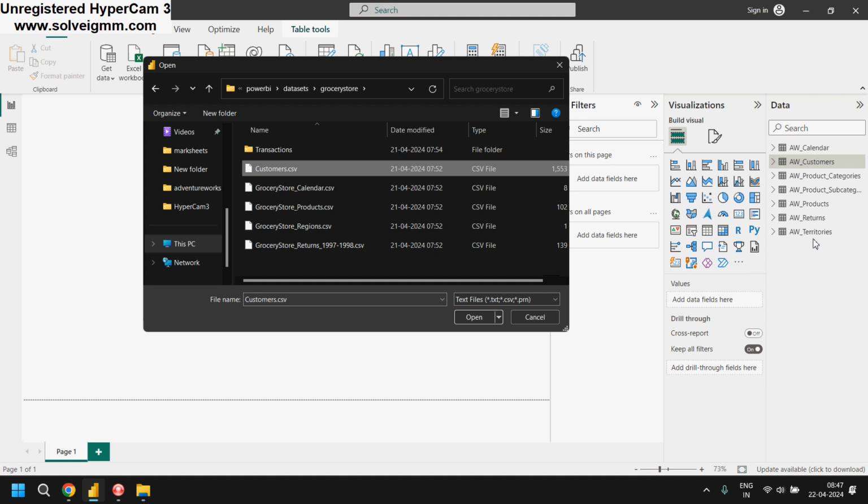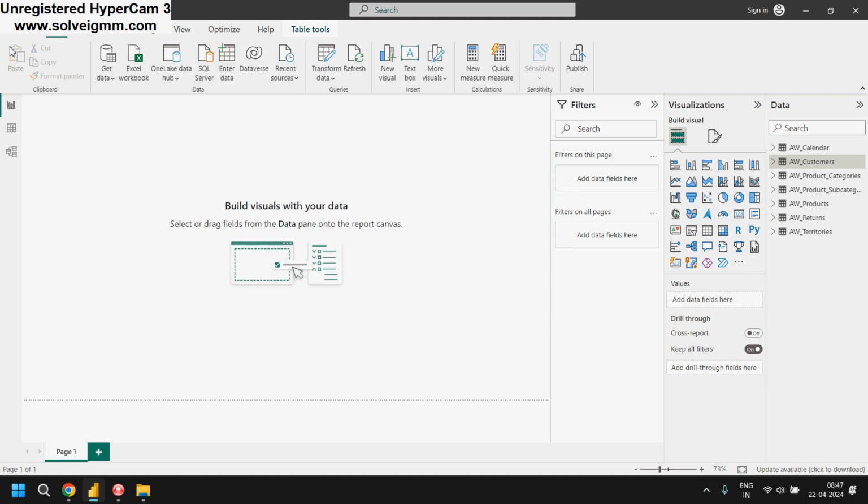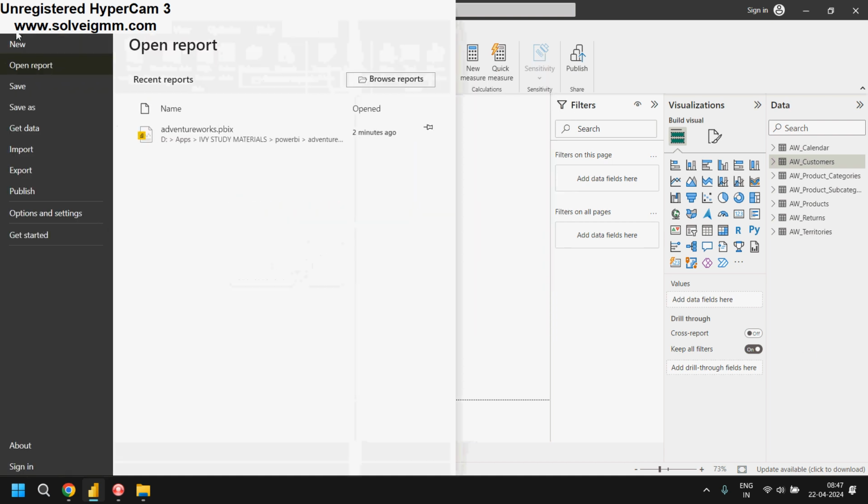We want to create a whole new file, a Power BI file, and then add all these CSV files in that. So in order to do that, we go first in file and open as new,